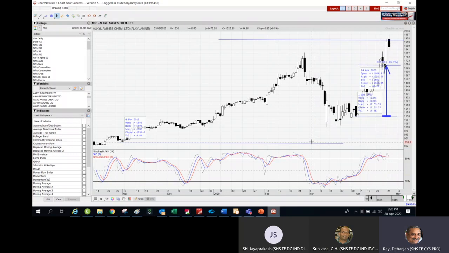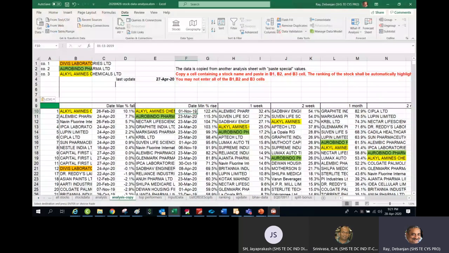So the stock is almost up by like this, 120 or something, approximately. Let me go back to here. It is almost giving the same. So 122% the stock is up from 1st of November.